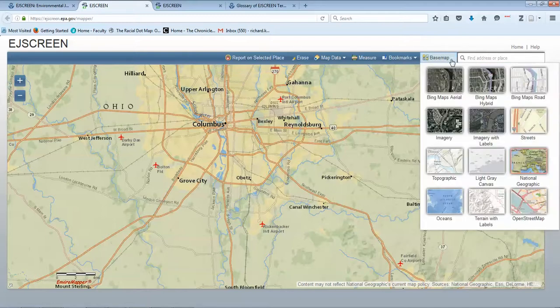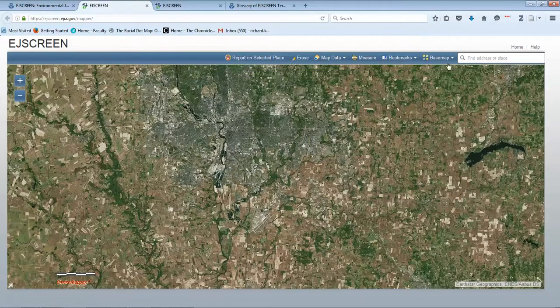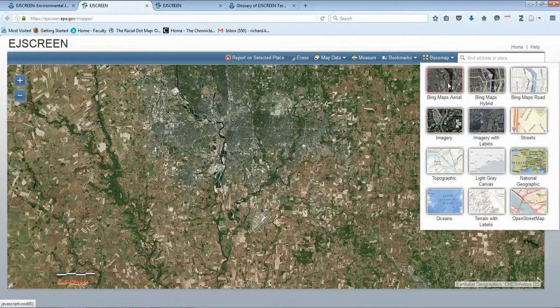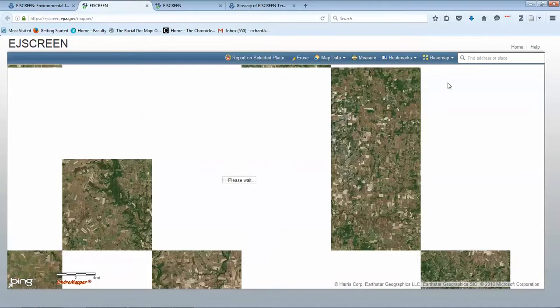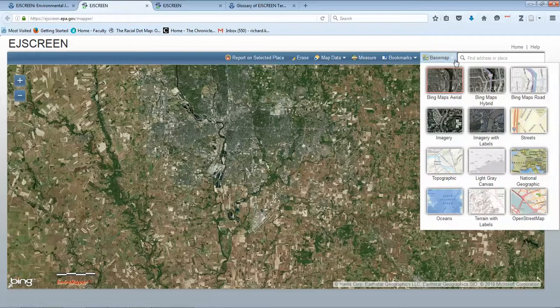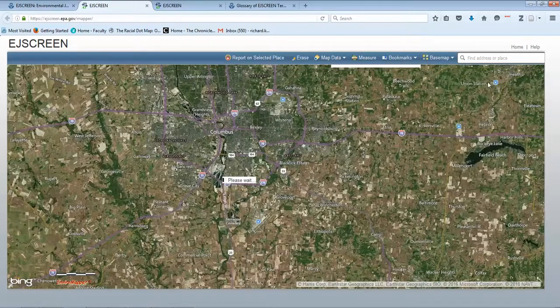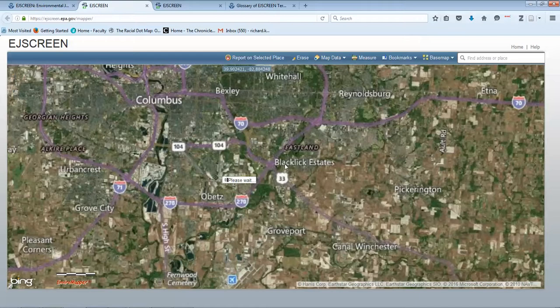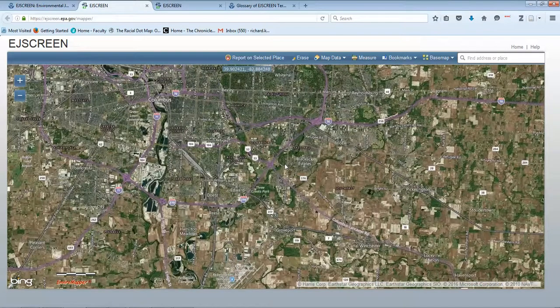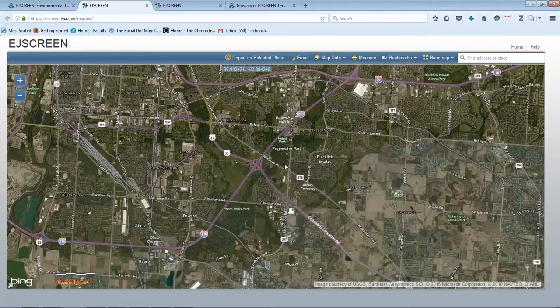We can use imagery, and so we have the ability to get some default imagery from inside of ArcGIS. We're also able to get the Bing Maps aerial photograph layer, and we can get the Bing Maps hybrid layer,